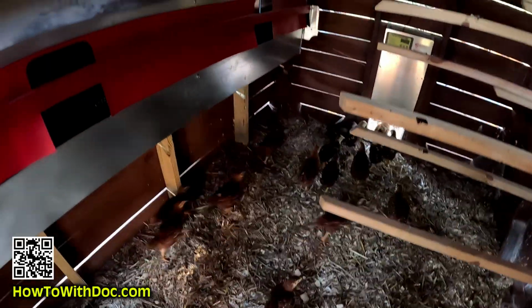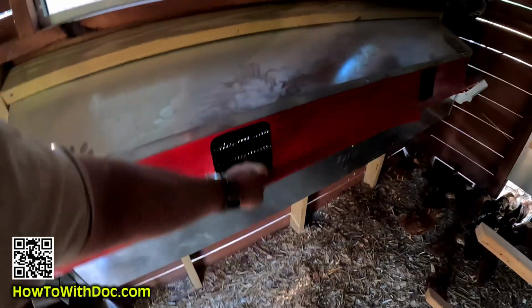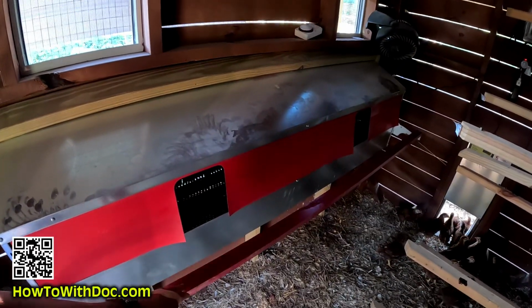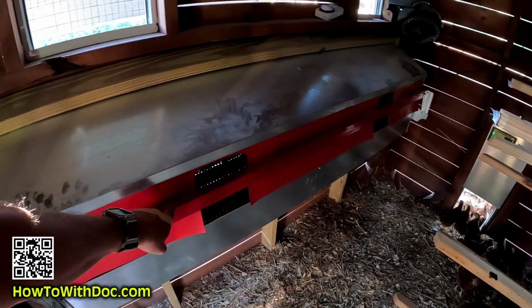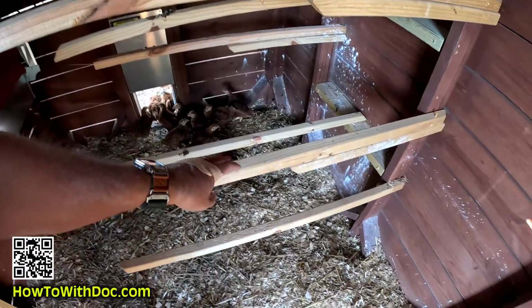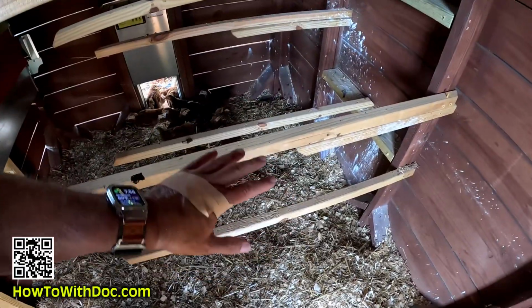Run away. So here's the nesting box. You fold this down. I have an automatic drop down, so like at 6 a.m. this can drop down. But during the night you want this up so they don't start sleeping in here. These are actually deck rails, and I started off low with some natural wood, and then I put